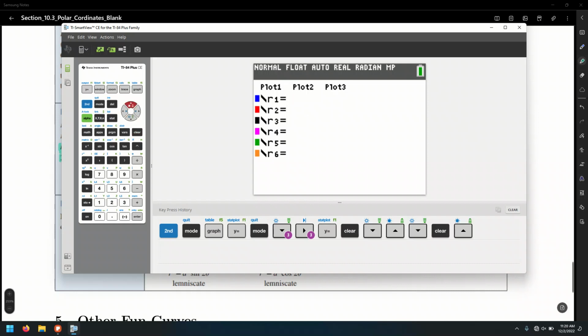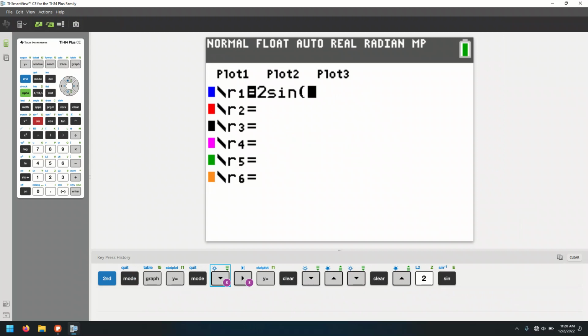So this is r. Let me do 2 sine 6 theta. Okay. By looking at this equation, this is going to be the graph of a flower,